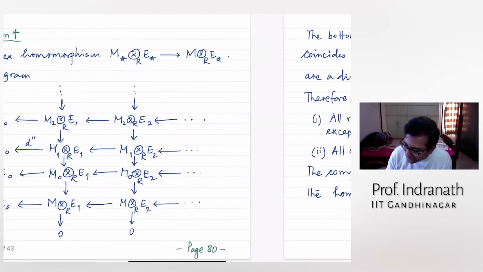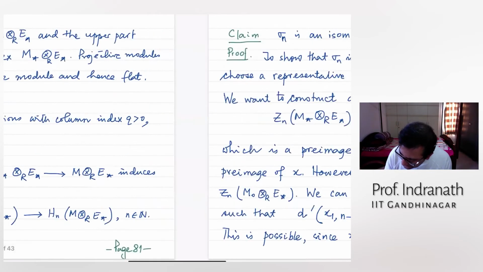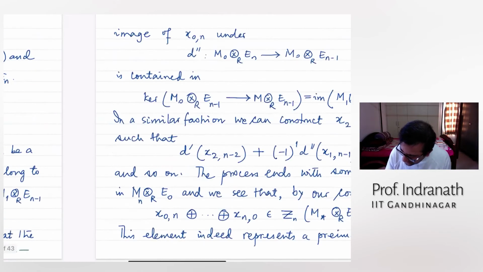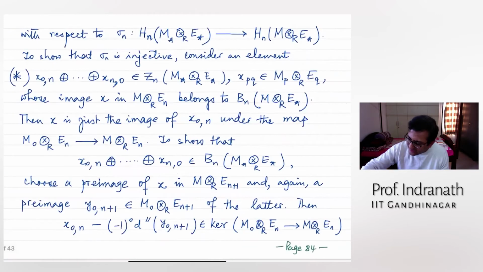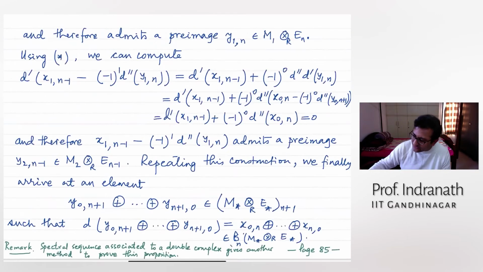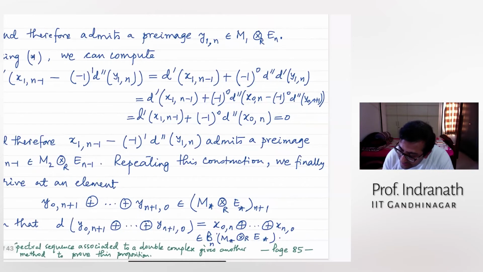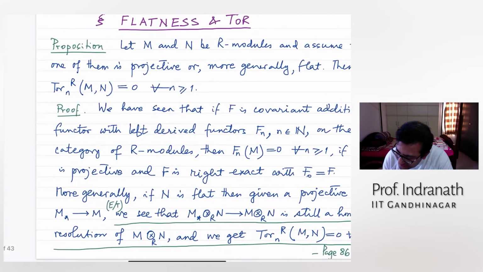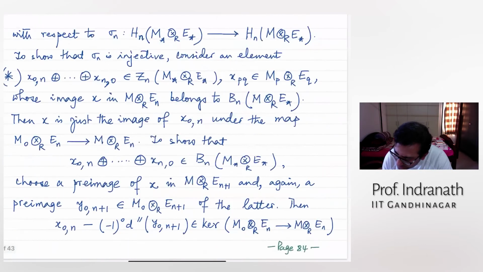If you push that to zero, then it has to be zero for every element. Now, a quick remark at the end: the spectral sequence argument is another argument which is often used, but it blurs the picture. Here it is absolutely clear how you do diagram chasing with a double complex. Before I come to this, let me again go back.